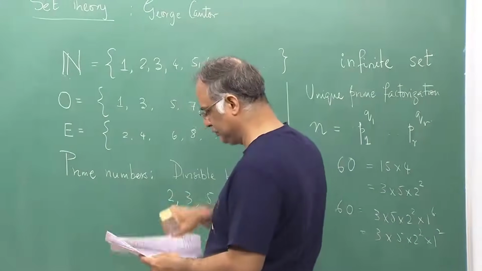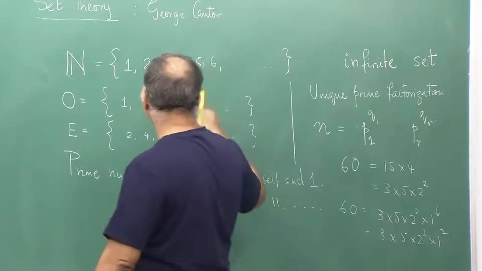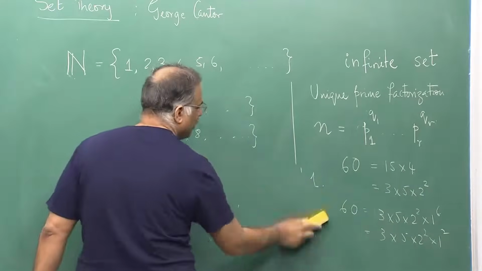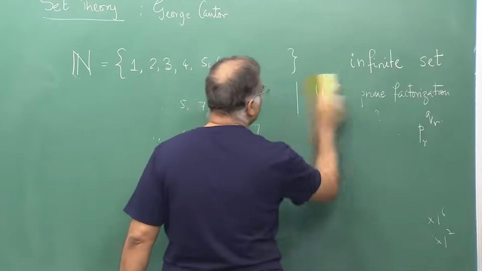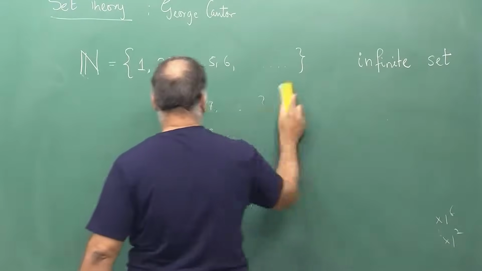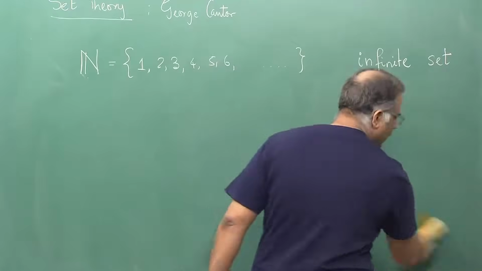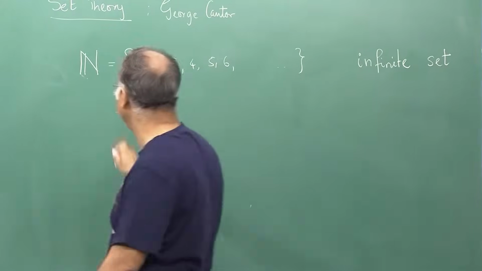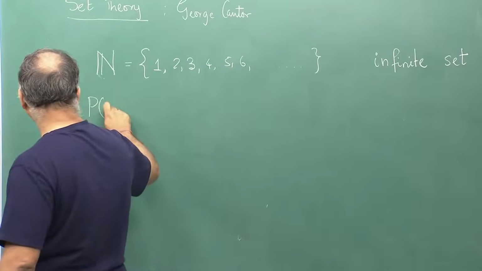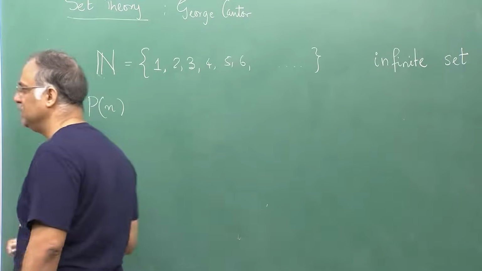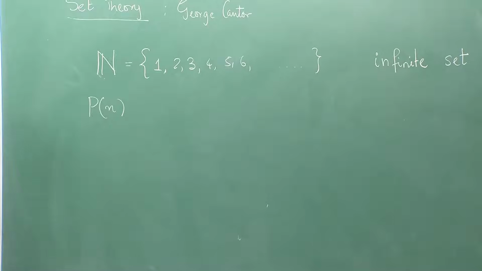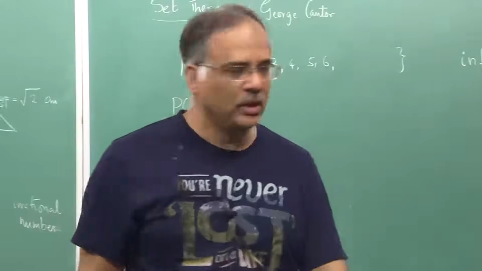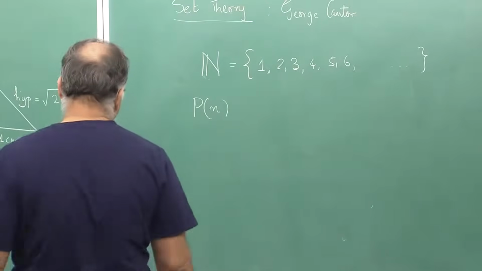And one of the important properties about natural numbers is that it allows something called the method of induction. So, what is the method of induction? Method of induction is the following, that if you have a mathematical statement involving the symbol n, so you have to decide whether the given statement is true or false. So, the method of induction says